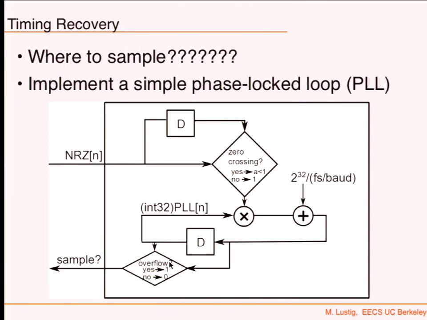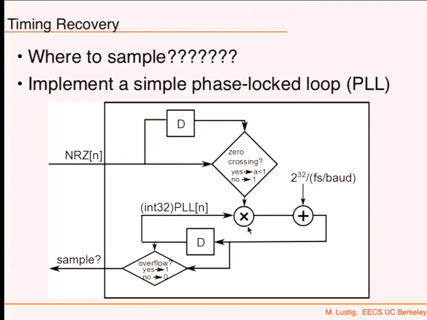So if you start at the right value, then this would always produce an overflow when you need to sample. Every 40 samples at 48 kilohertz. The nice thing about this is it works even at 41.1 kilohertz, because then you just need to take 41 here, and it will produce exactly when you need to sample. So that's cool. Now, where's the locking part?